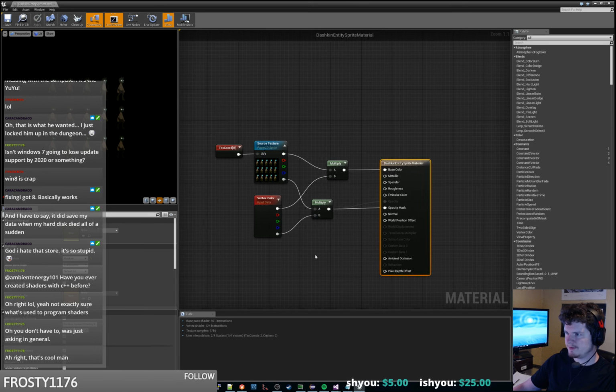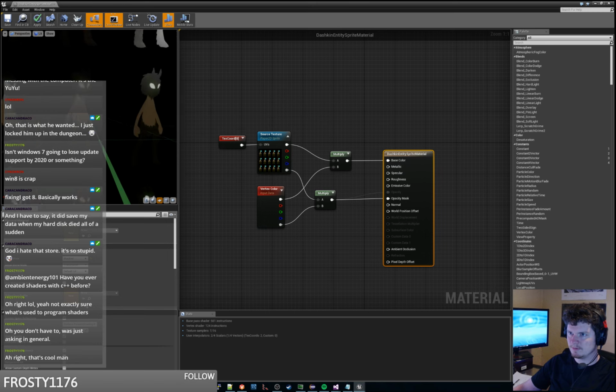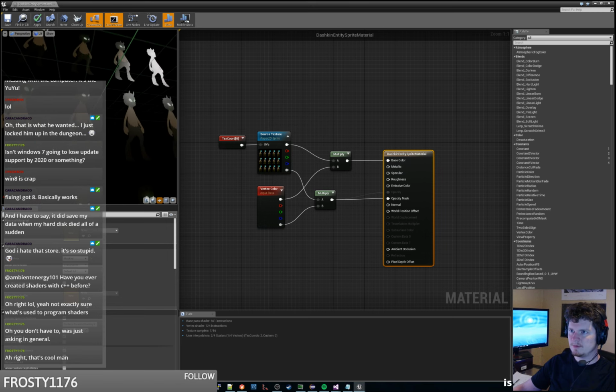So instead of, like if you saw what we were working with earlier there, the vertex and the pixel shader, this is doing the same thing, but it's in a flow node based system. So when it's computing the color of the actual thing, it's following the rules here, and it uses this to create and compile an effect in a shader